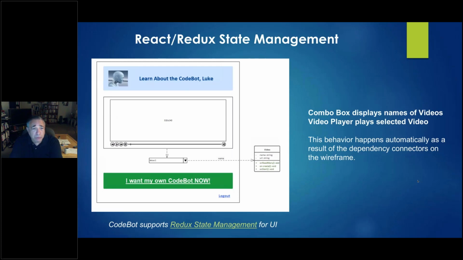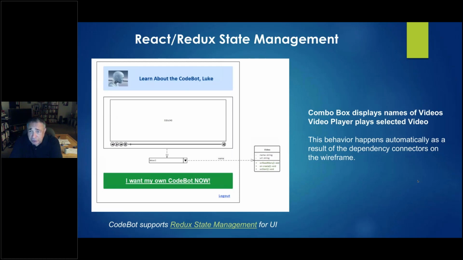So really, this Hello CodeBot example is a single page app. So login, register, and homepage are different divs in the React page. And we've done some really interesting things with dependency arrows here to save you all kinds of coding time.